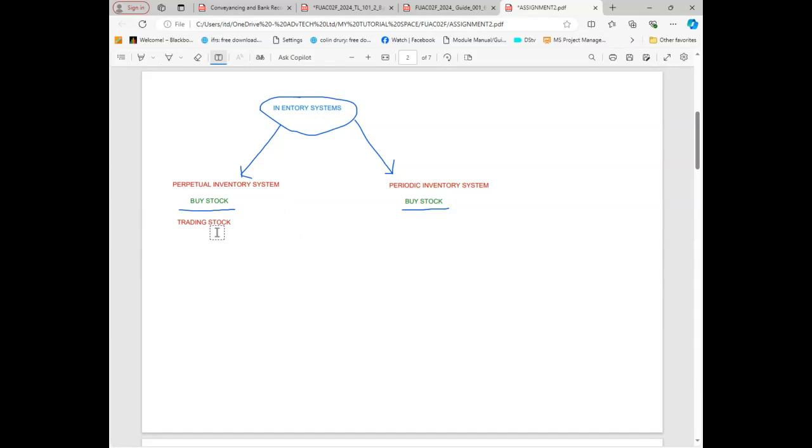One account is going to be trading stock, or trading inventory, it is up to you. Remember, you can either call it inventory or stock. Okay? But if you are under periodic, when you are buying stock, you don't say you have a trading stock account. Instead, you say you made